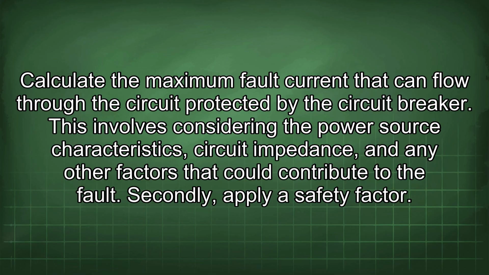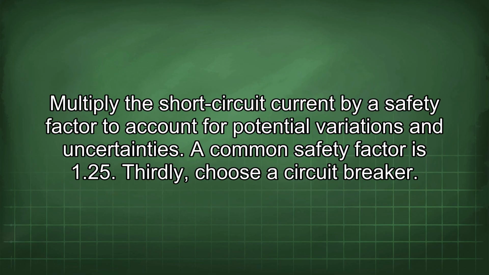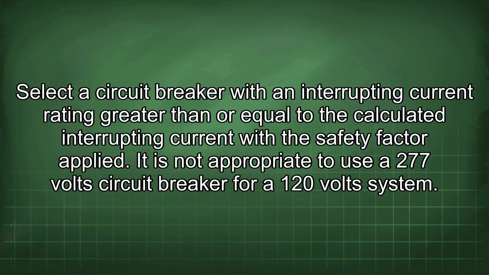Secondly, apply a safety factor. Multiply the short circuit current by a safety factor to account for potential variations and uncertainties. A common safety factor is 1.25. Thirdly, choose a circuit breaker. Select a circuit breaker with an interrupting current rating greater than or equal to the calculated interrupting current with the